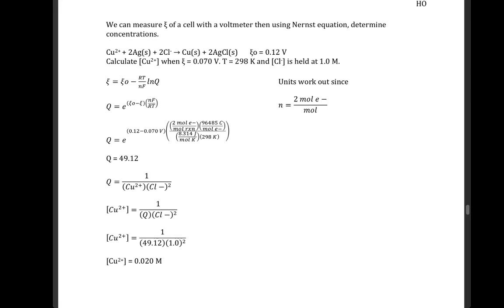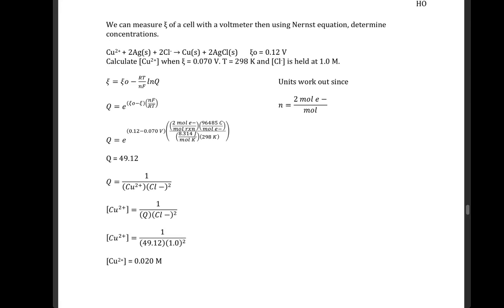Okay, so we have our Nernst equation. E equals E naught minus RT over NF ln of Q. If we did the algebra and rearranged that equation to solve for Q, which I'm going to leave for you to do on your own, we have Q is equal to e to the E naught minus E, quantity, times NF over RT. Putting in our terms, we have Q is equal to e to the 0.12 minus 0.070 volts